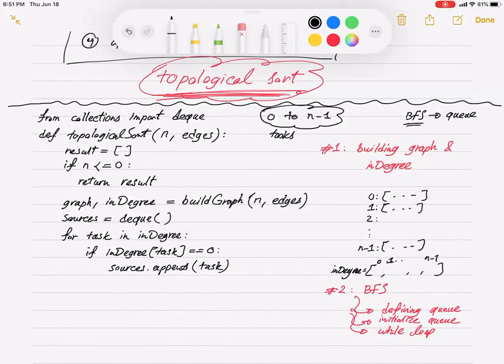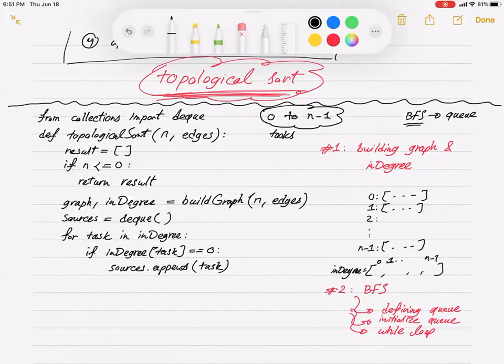I'm appending this guy inside of the source. Let me bring something under my hands, because writing in the bottom parts is really difficult when you don't have anything under your hand. Okay, so